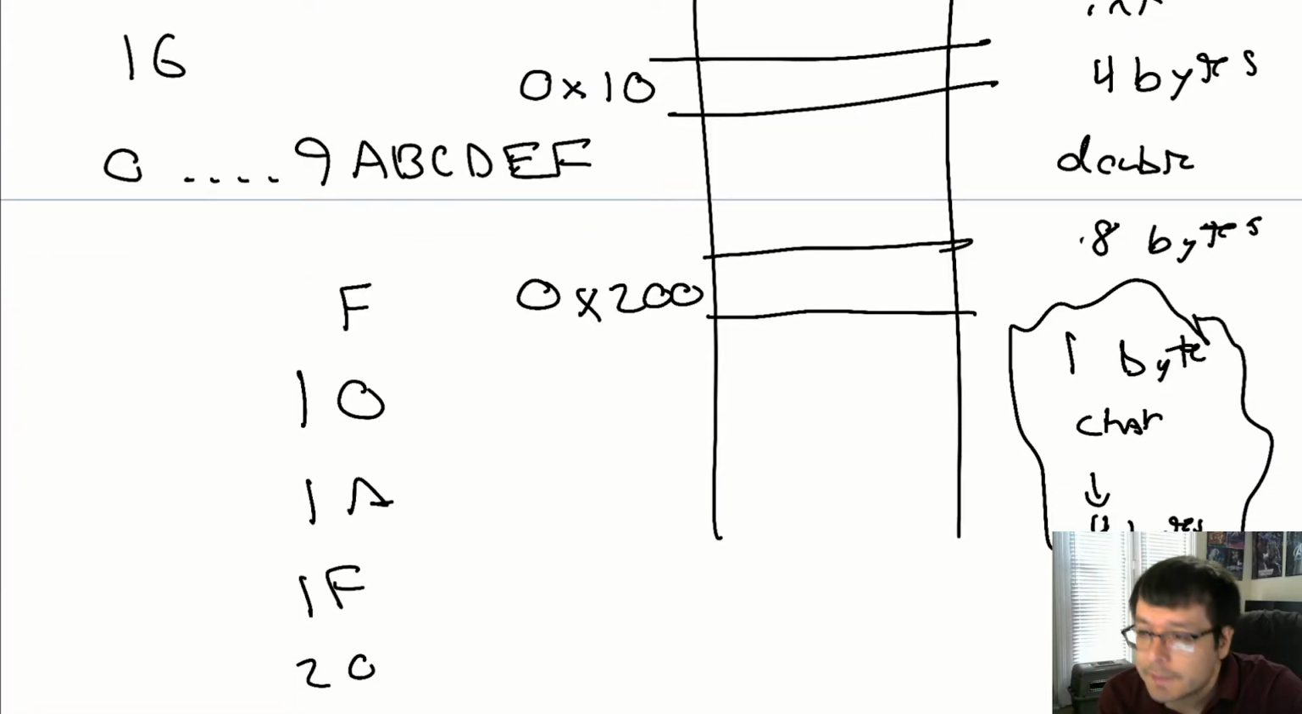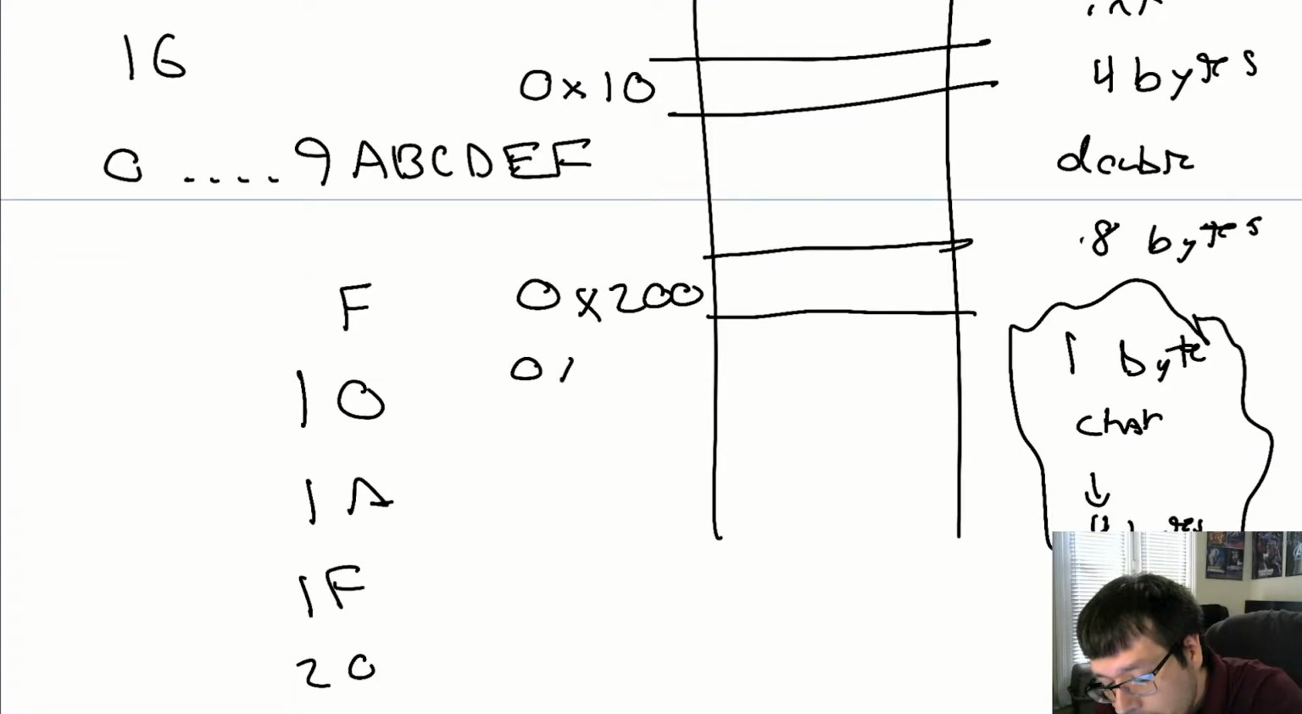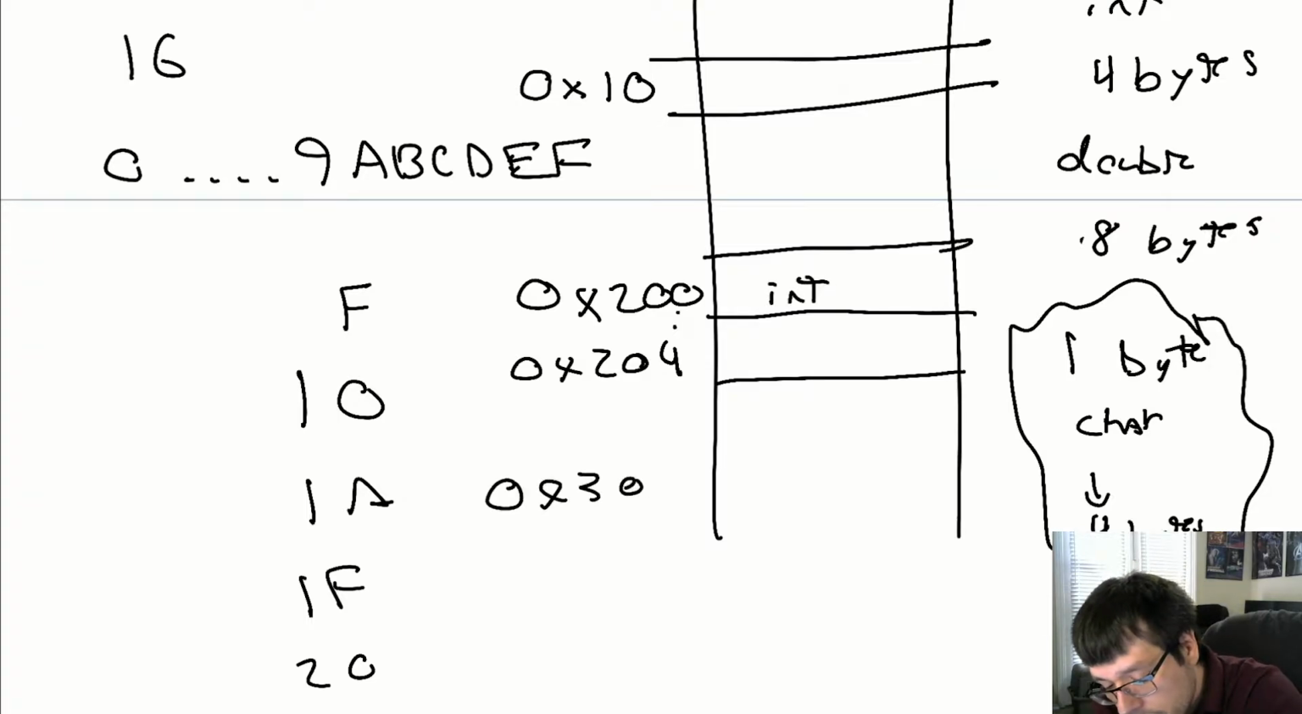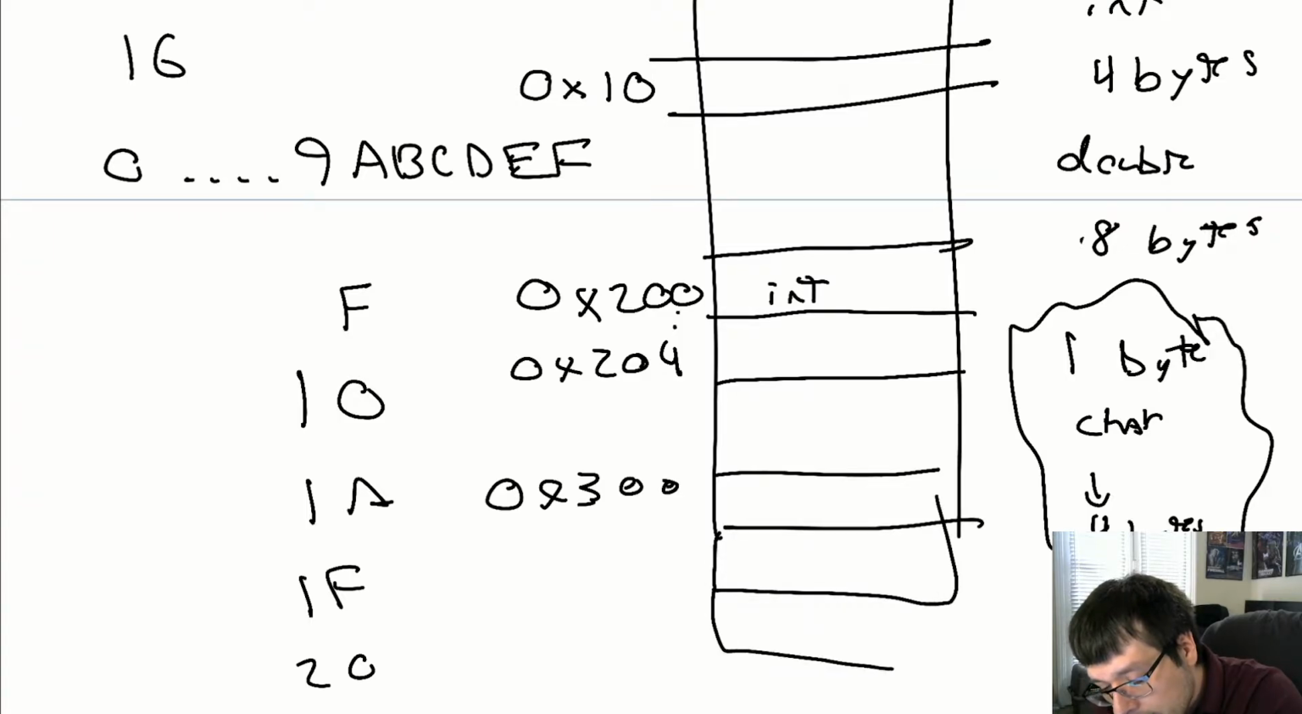But the point is that the next spot here is going to be address 204. Well, I say 204, but again, that's not 204 in decimal. It's 204 in hex. That's because the difference from 0 to 4 is 4 bytes, because that's how long an integer takes. Now, if we had an address here, 300, and this was a double, then the next available spot would be